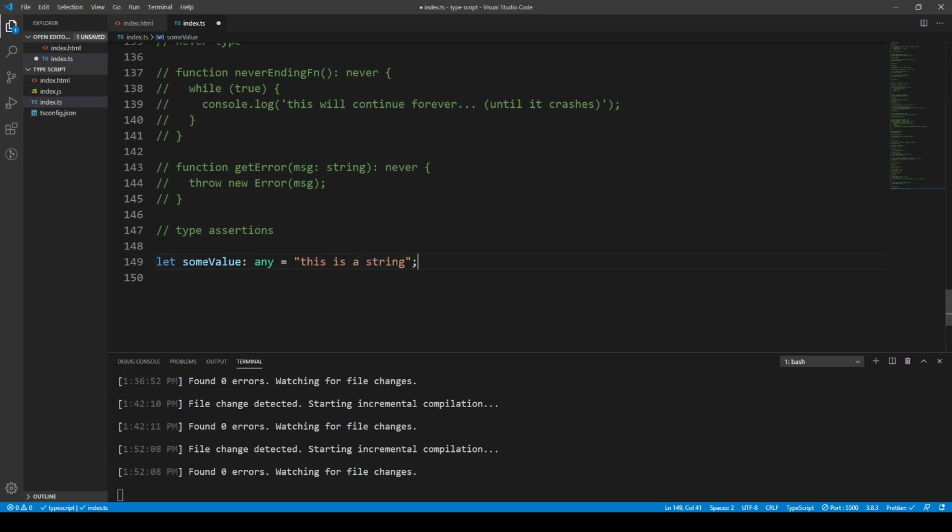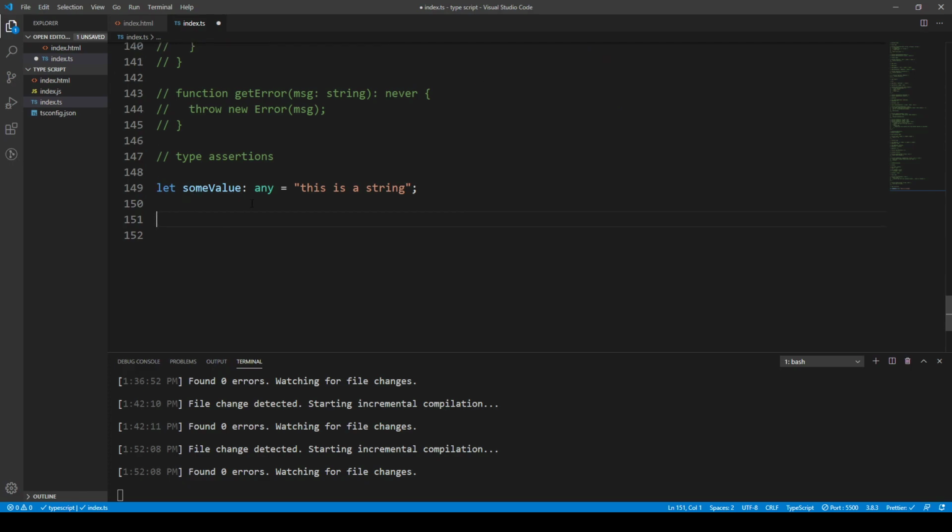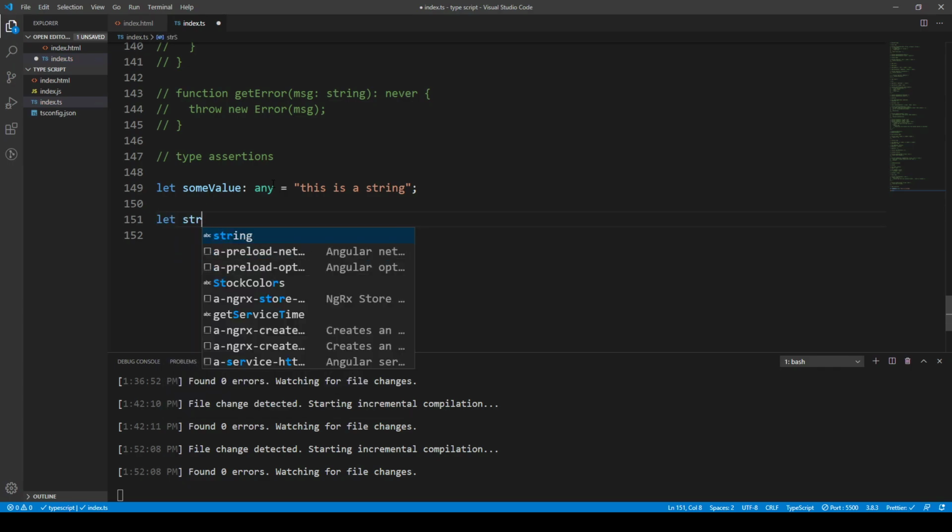I've purposely chosen the any type, even though we've discussed how we really want to avoid it, because we may have been given this data from an external source, and it could be of any type. It could have been given back as a 5, a number, or an array. Doesn't really matter. But let's say we didn't know what it was, but now we're aware of what it is, and TypeScript isn't, because when you type any, you lose all that information. Let's say we want the length of the string, we can say let string length,